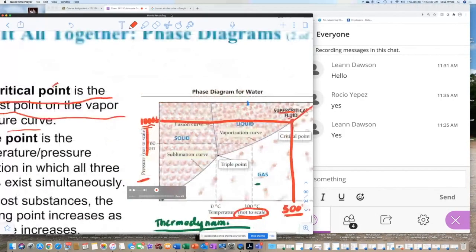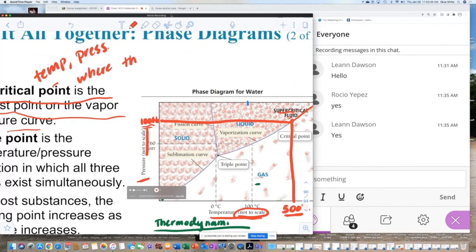Okay, so critical point is a temperature and pressure combination where the liquid and gas phase are